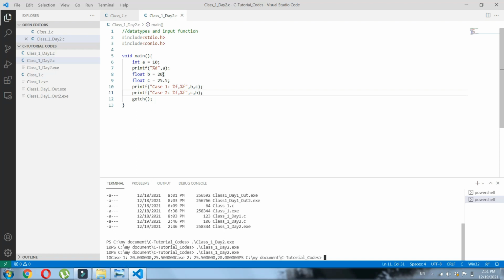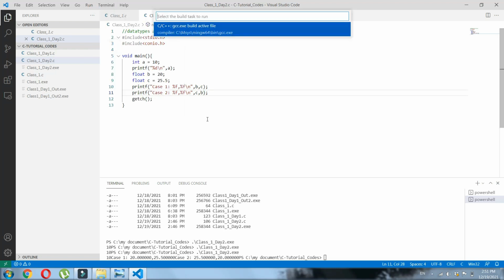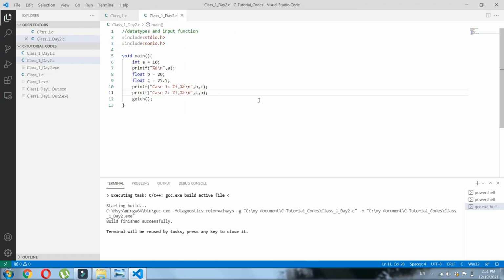So we are going to include a newline character, which is nothing but \n. What \n means is go to the next line. After printing the statement, it would go to the next line and print the second statement. Whatever is given after this \n would be printed on the next line. So I am giving \n over here and another \n over here. Let's save this and run it again. It is built successfully.